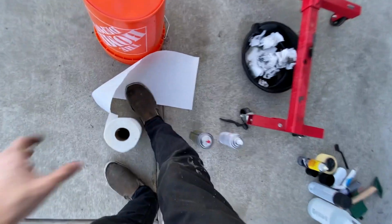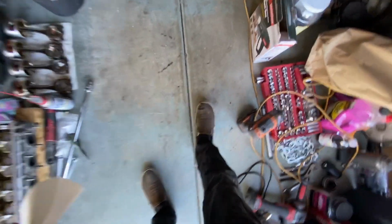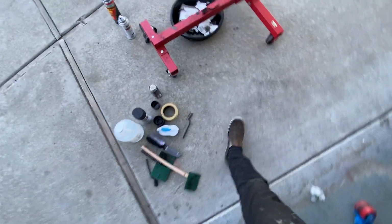Shit. Oh, wow, I got it all over here. Dude, I fucking hate my car. Like, I don't even know what this shit is. It's like,